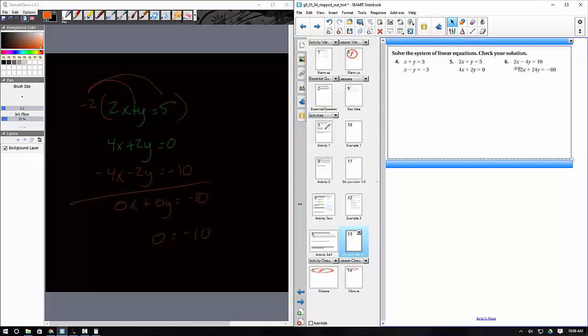This one here, if I just look at it and I multiply by 6 up here, I'll have 12x, I'll have negative 12 or negative 24y, and positive 60. So these will just be the exact same thing, right? So this will have infinite solutions. So far we'll have one solution, no solution, infinite solution. So I have my one solution, my no solution, and my infinite solution. And then here's the last one. And that is the last